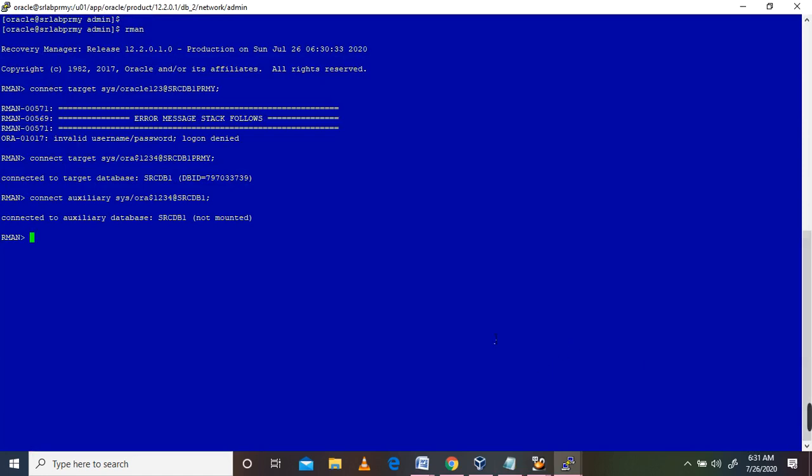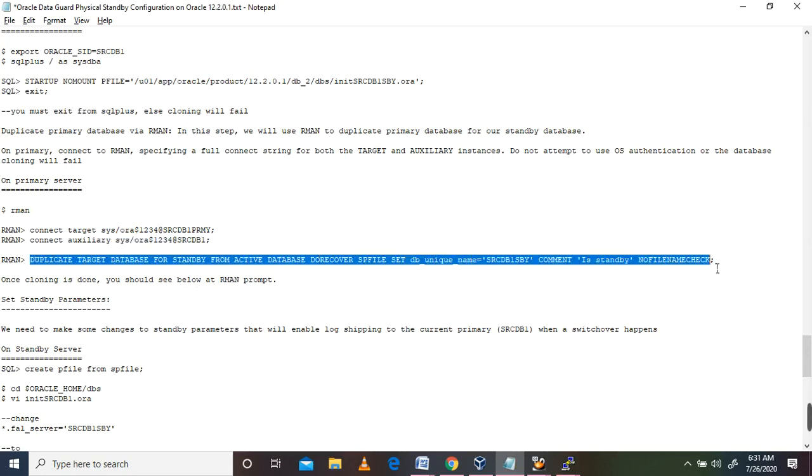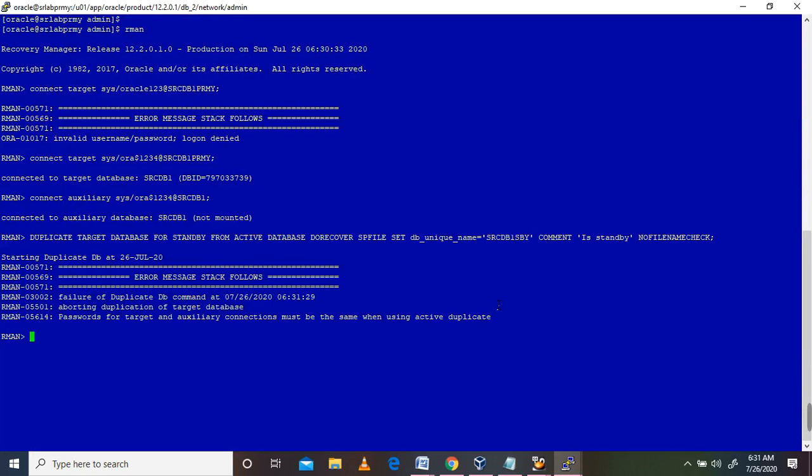Now I am going to do the duplicate. Here it threw an error like password for target and auxiliary connection must be the same when using active duplicate.